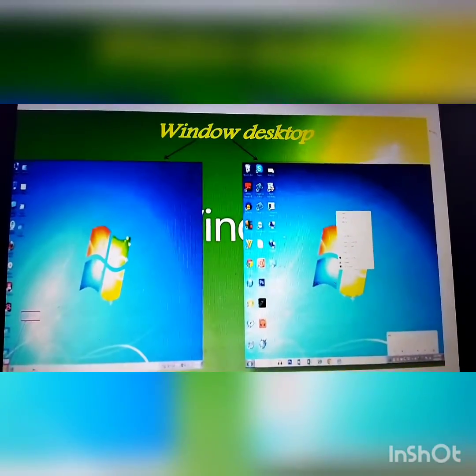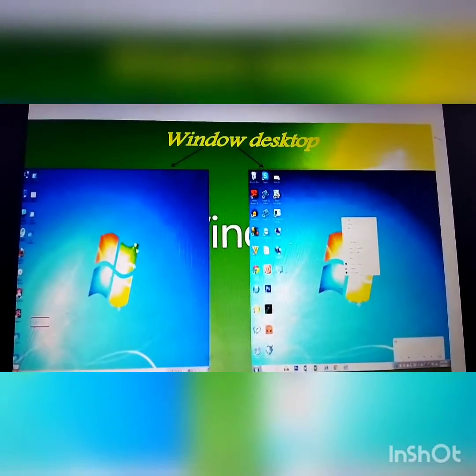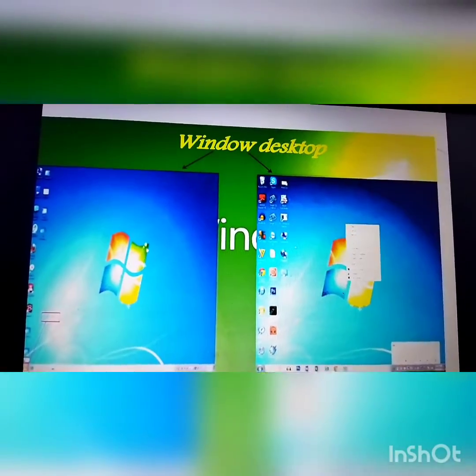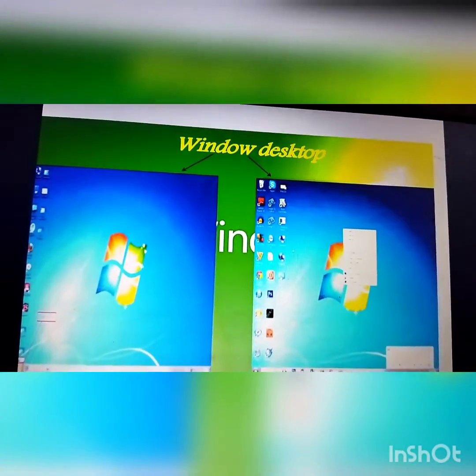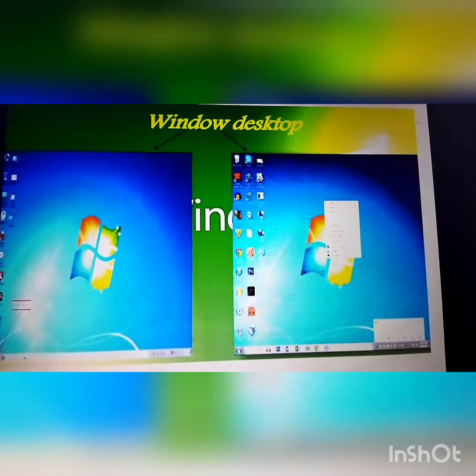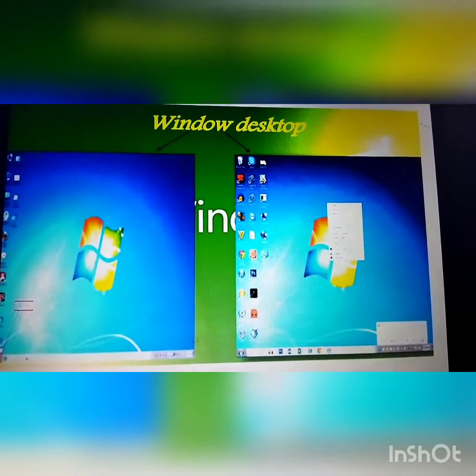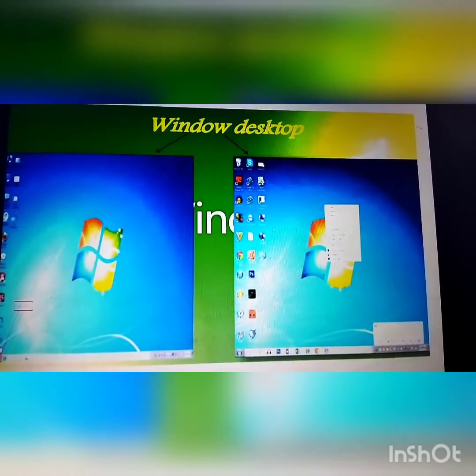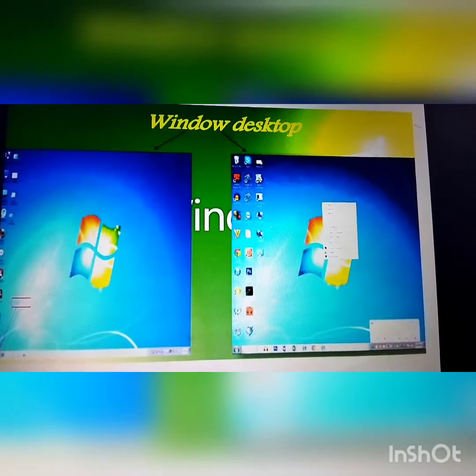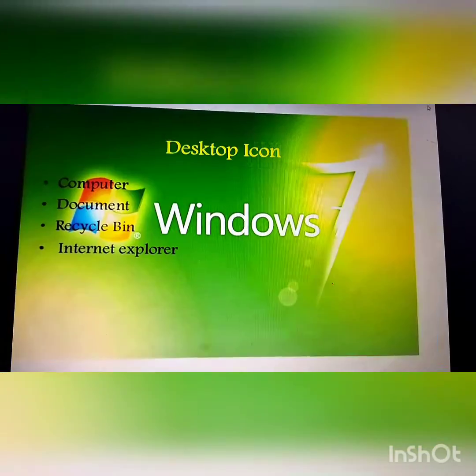We already discussed the Windows desktop in the last class. Windows starts automatically and displays a welcome message. It is followed by the first screen of Windows, known as the Windows desktop.